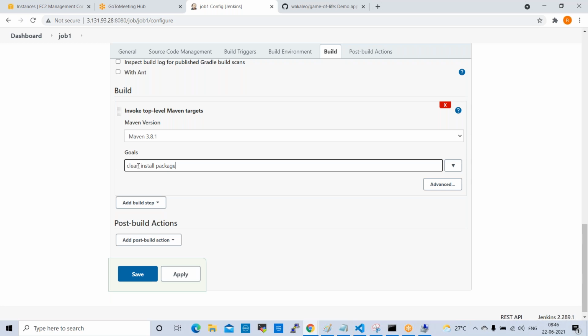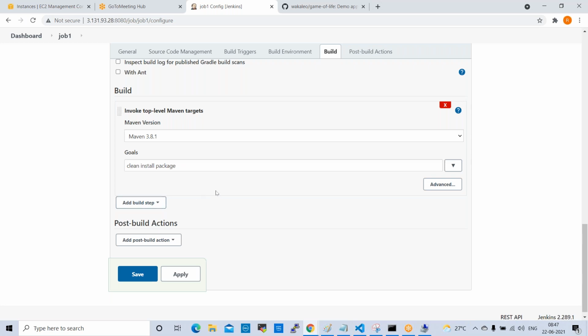Clean means if any previous builds are there with the same name, that will be cleaned up. Install means the package will be added. Install does not mean installation. Normally install means Git installation, Ansible installation, like that we'll think about, but it is not like that. In Maven language, install means it will prepare some package and push the package.